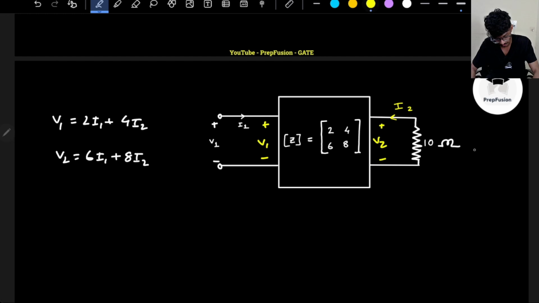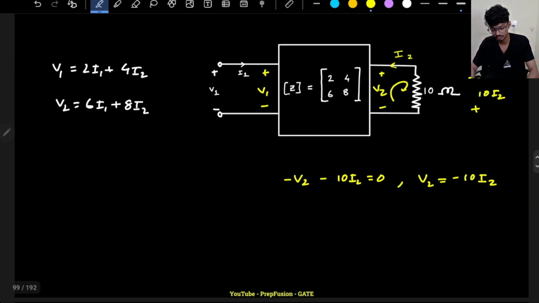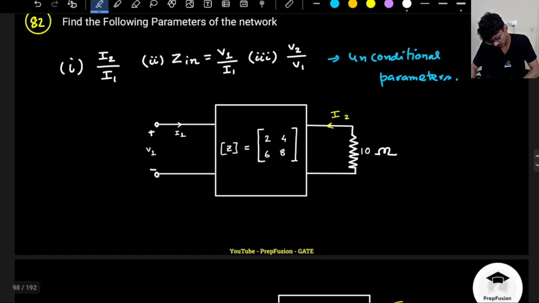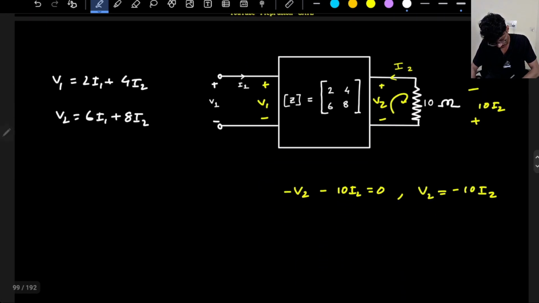So the drop will be plus minus 10 I2, correct? The drop is in the opposite direction. So again you can apply a KVL here on the output loop. This will be minus V2 minus 10 I2 equal to 0. So your V2 is equal to minus 10 I2. That is what your V2 is equal to. So now you can of course put this here. We have to find out, first of all, I1 by I2. So I will solve each one at a time. If I put V2 equals minus 10 I2 here, this will be minus 10 I2